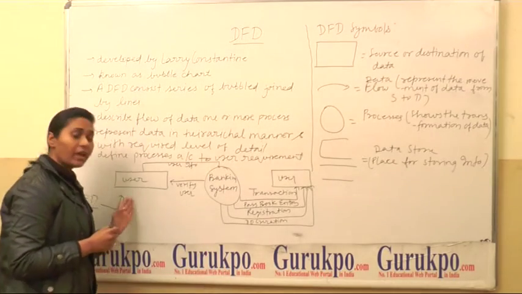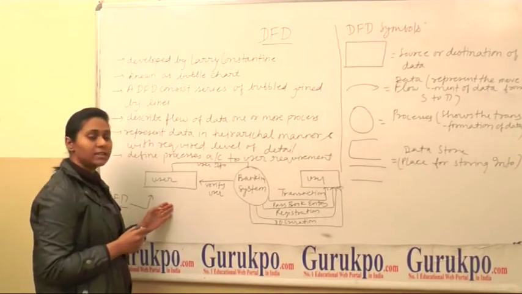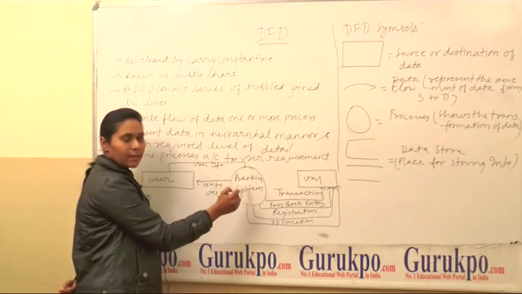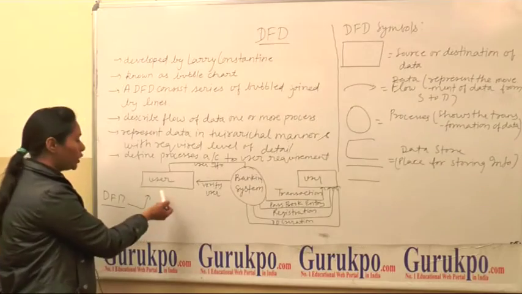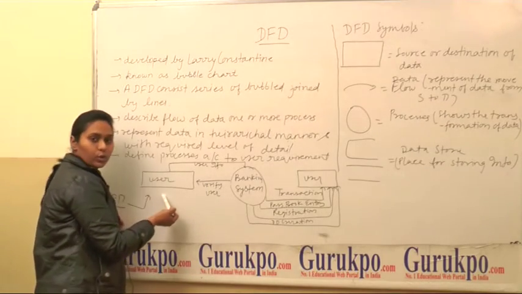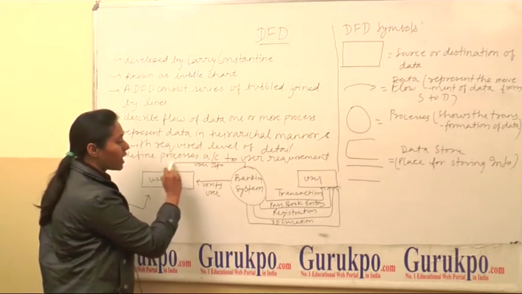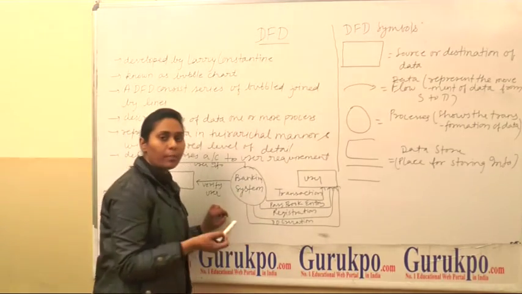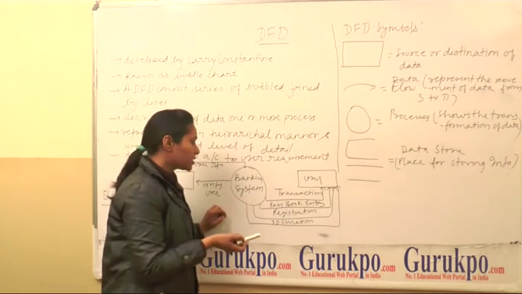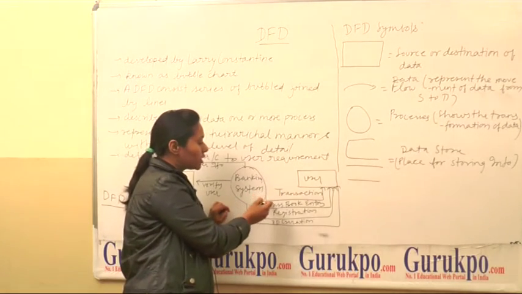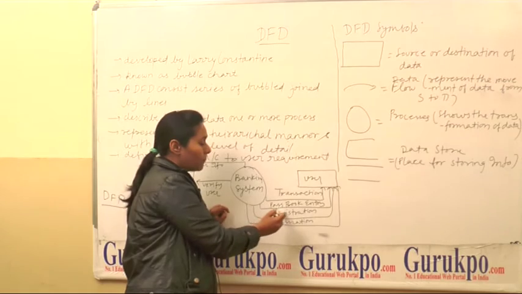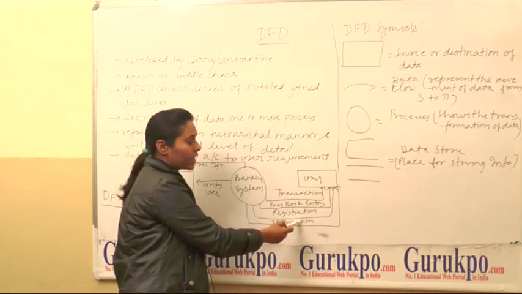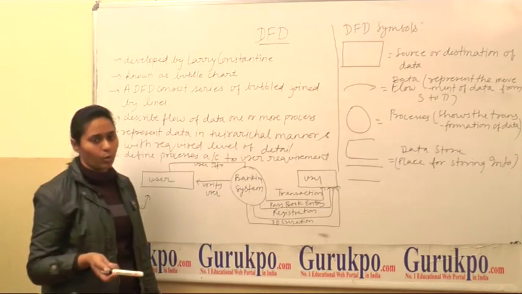Then we have to create a DFD for a banking system. In the banking system, the main process is the banking system, then users verify their requirements, and users store the information in the banking system. We have to perform many operations in the banking system. The user performs the transaction, passbook entry, registration and DD creation, and online help also.